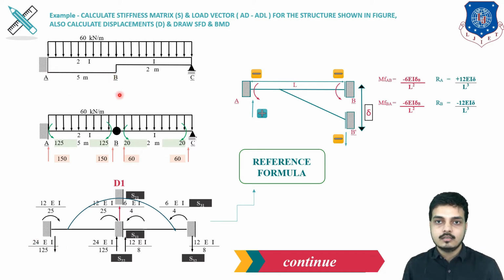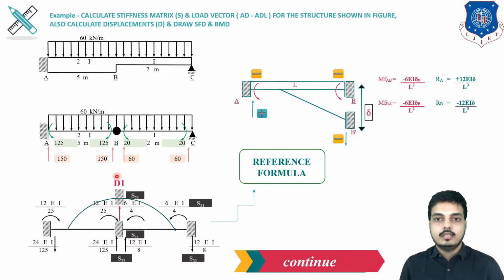Once again, I would like to repeat that this reaction is going upward. Consider AB: if I apply load at B in the upward direction, it will try to move in this anti-clockwise direction. So AB will possess an anti-clockwise deflection, and BC will possess a clockwise kind of deflection. So here a deflection is shown.